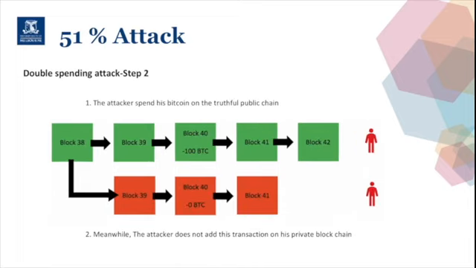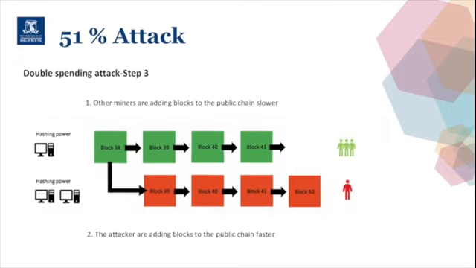Then, the attacker spends 1 Bitcoin on the public chain. The public chain records this transaction and broadcasts it to the rest of the network. But the private chain is separate from the public one, and hence it does not store any information about that transaction. When the attacker has more than half the computing power, he generates blocks on his private chain much faster than